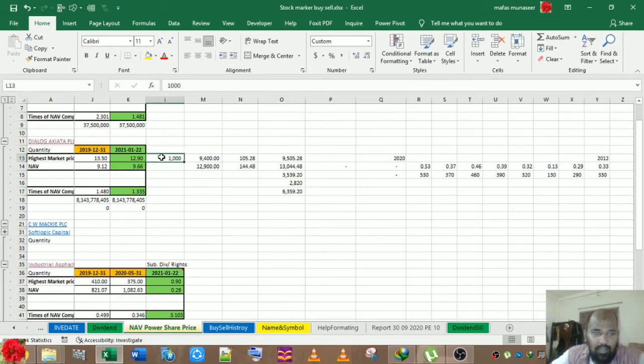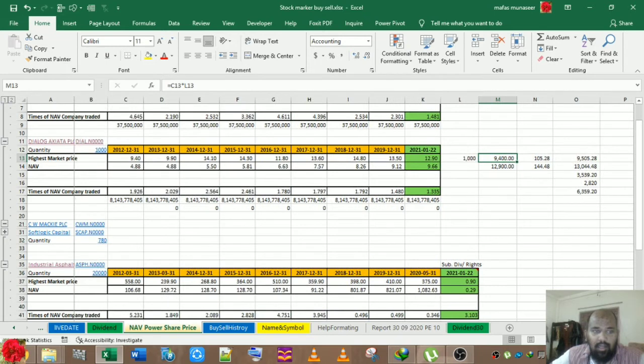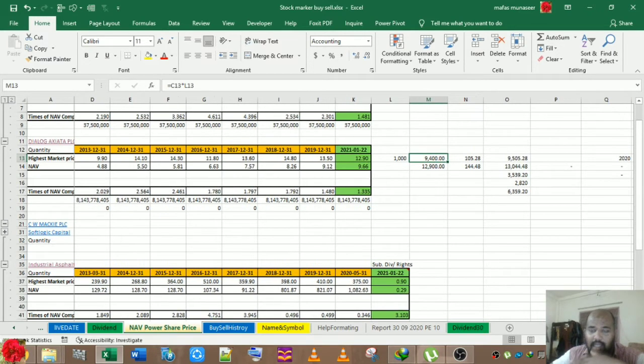For example, this is the example scenario. I purchased 1,000 shares in 2012, at the highest price of 9.4 rupees. So I purchased 1,000 shares in 2012. That's the amount you had to pay altogether, with commission and share price. You have to pay broker fees, everything,